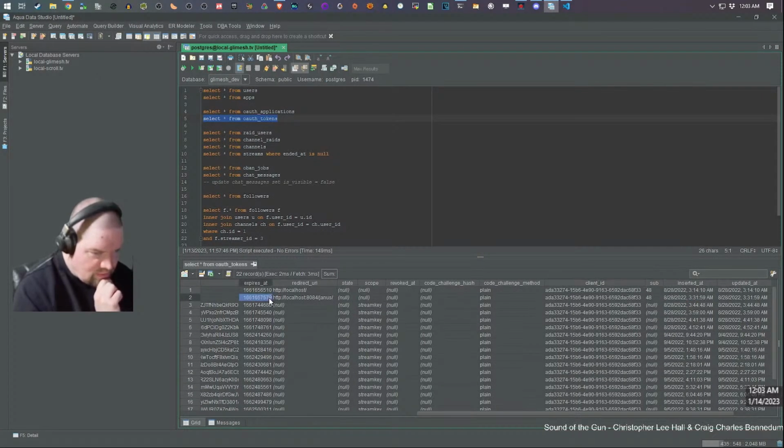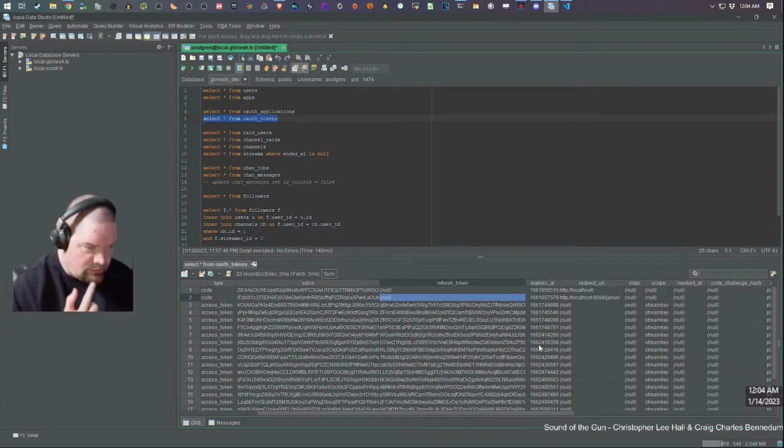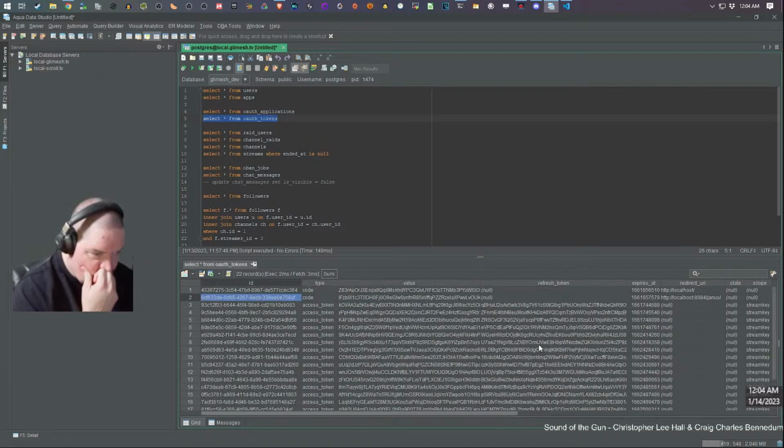All right, so the expires on these was a minute after they were created, which makes sense for an initial one, because they don't have a refresh token, which means there's a certain amount of time you have to make your initial connection, and then you're issued a refresh token, right?